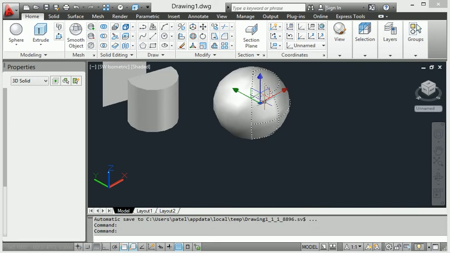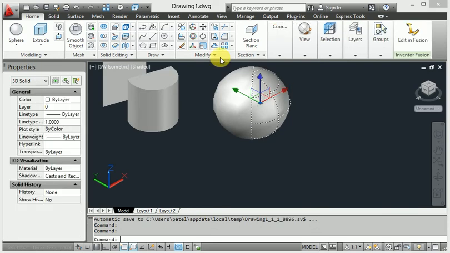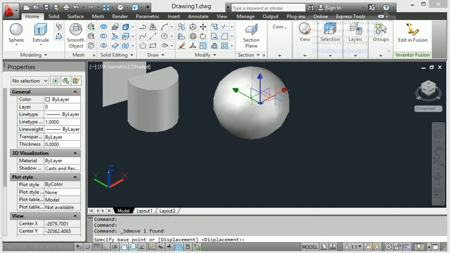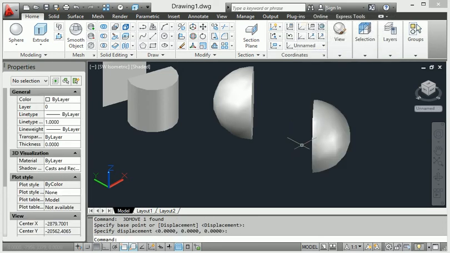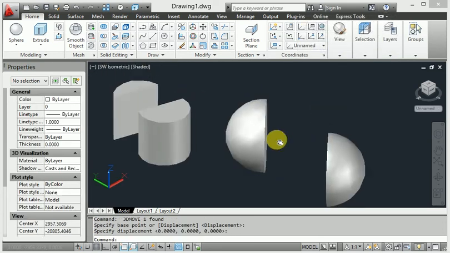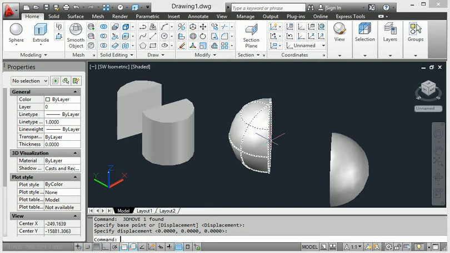If I select this one as a body, we apply the move command and move it somewhere different. So it is very useful, the slice command in AutoCAD 3D design.